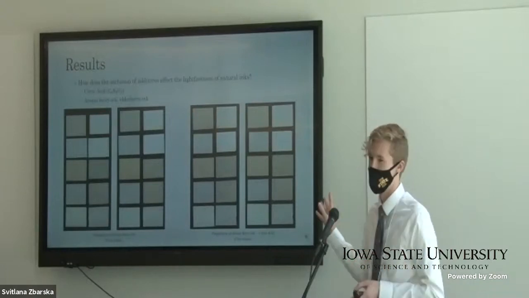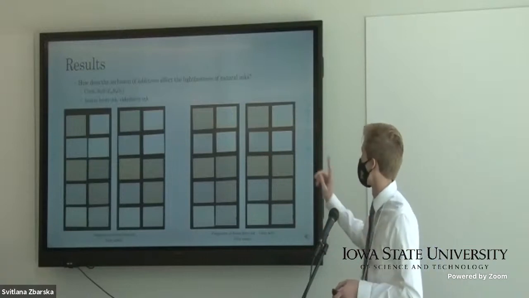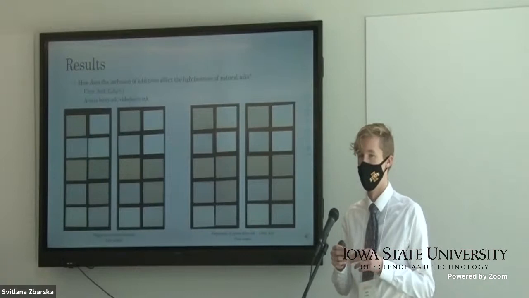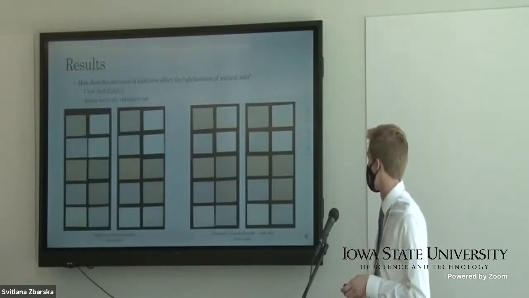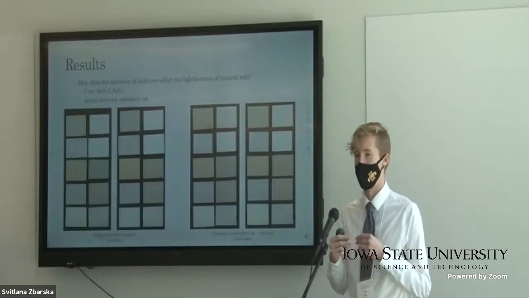I know it is difficult to see. It was a rather light ink to work with, but the top left print of the initial stain of the aronia berry is kind of a dull brown, a light reddish color. And if we look at the same print for the initial stain of the aronia berry plus this compound, it is a brighter red. So it does modify the color a bit.